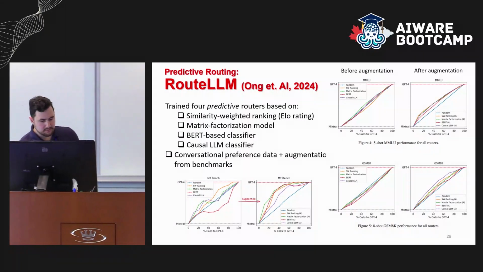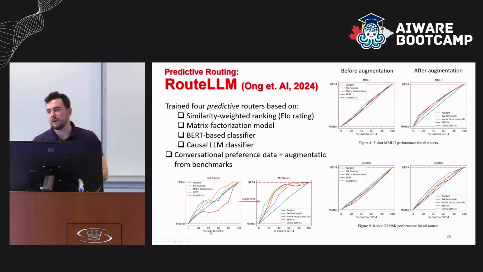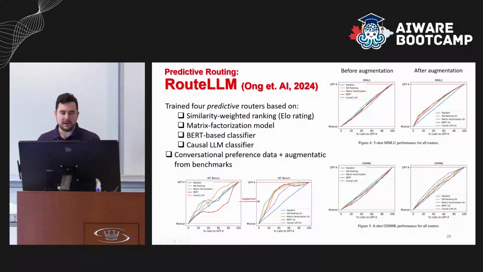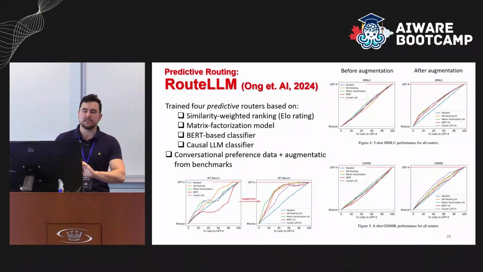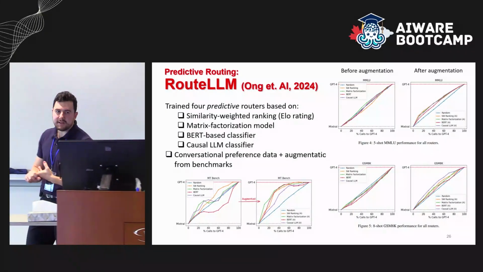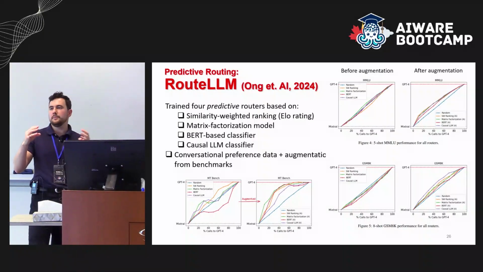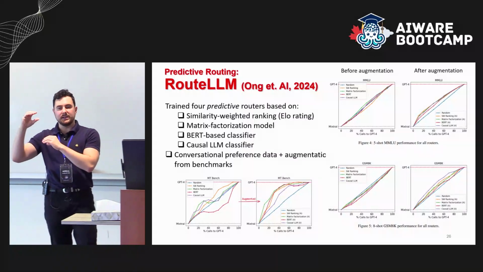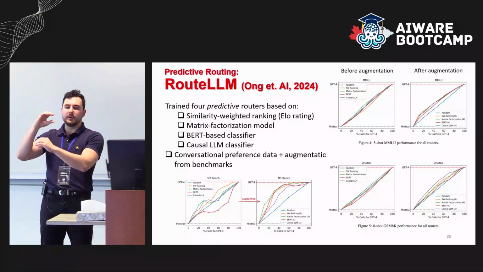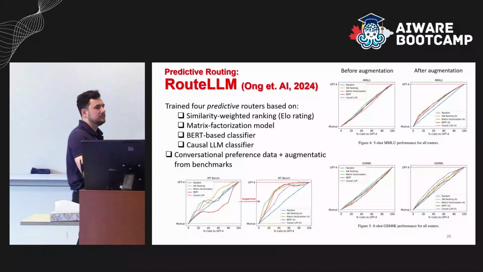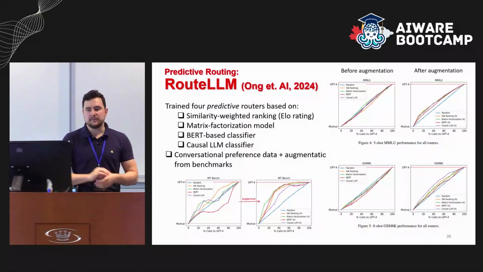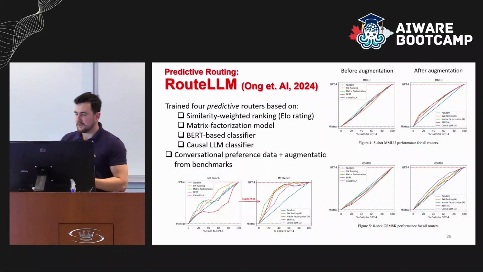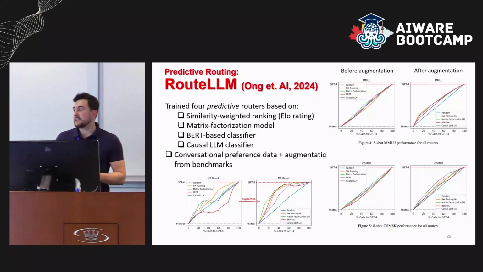And take a look at the graph on the bottom, this MT-Bench. MT-Bench is one of the benchmark data sets they used to evaluate. Keep in mind that these models were trained on two data sets. One is called the Chatbot Arena dataset, where a user submits a query, it gets processed on an LLM, and there are usually two LLMs and two outputs, and then the user decides which reply they like better, A or B. This was done across different types of models, I think 13 or 15, and there's quite a bit of data. That's the non-augmented version, before augmentation. At the end of the day, it's a conversational data set.